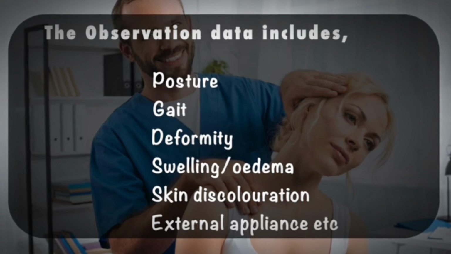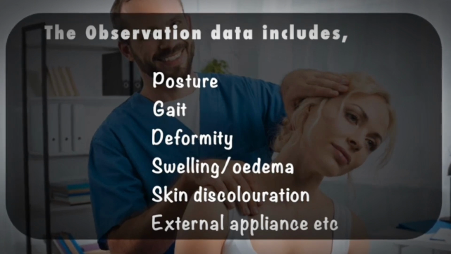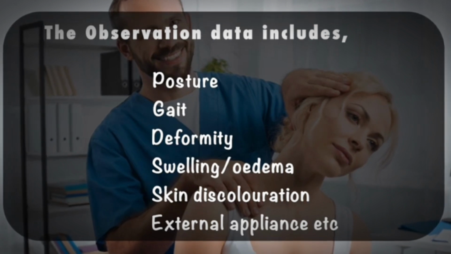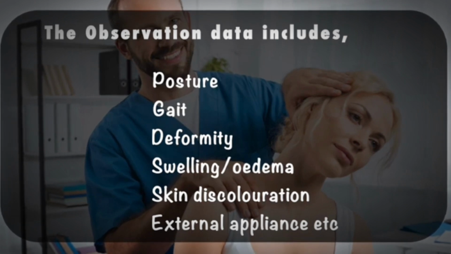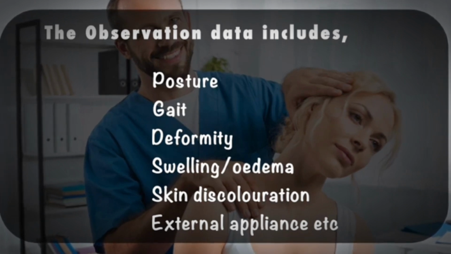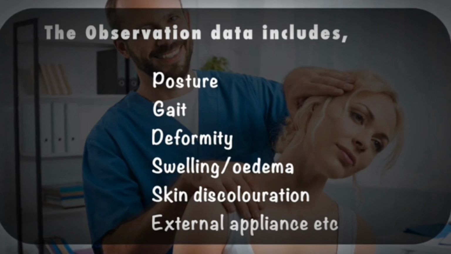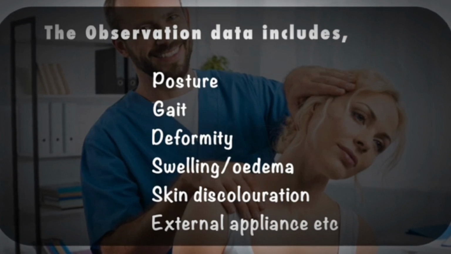and reports. Now, after vital signs, the whole physical examination includes the data which is collected on observation, then data which is collected on palpation, and data which is collected on examination. We will see all three parts now step by step. The first one is observation data. In the assessment part, observation is the looking or the inspection phase.